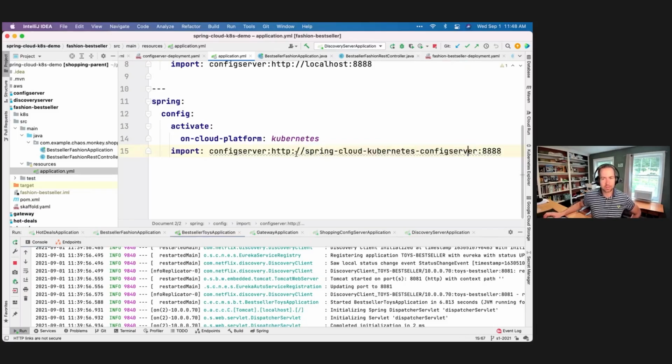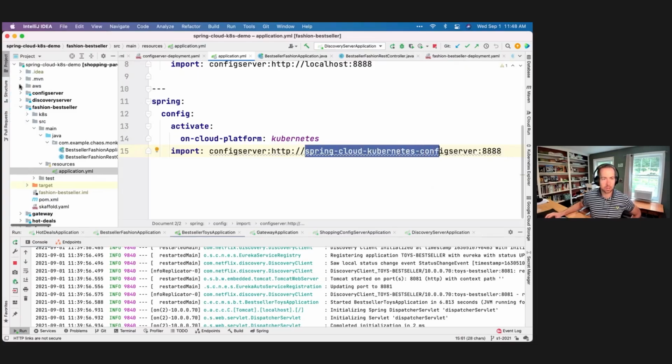Where does this DNS name come from? I'm sorry, this host name come from? Again, this is the name of the service in Kubernetes. So you can make HTTP requests to that service, right? So if we look back here,